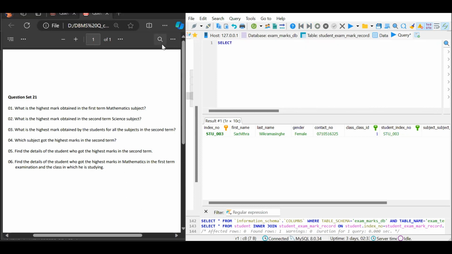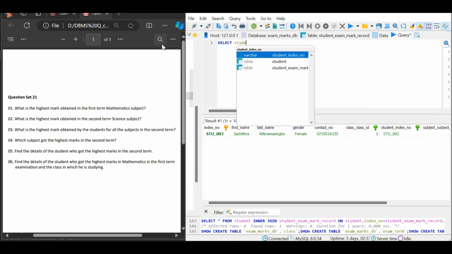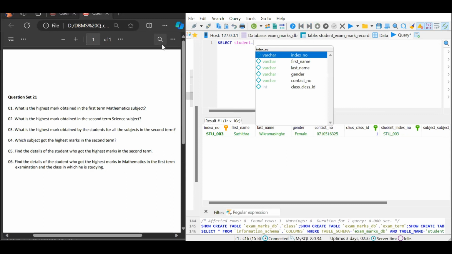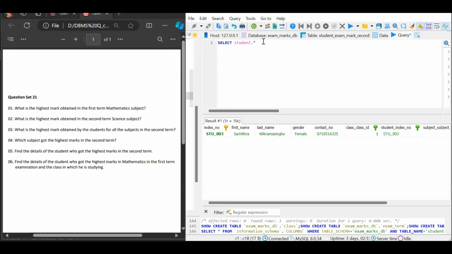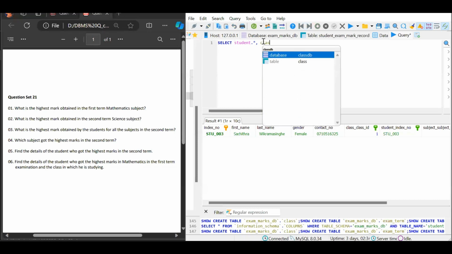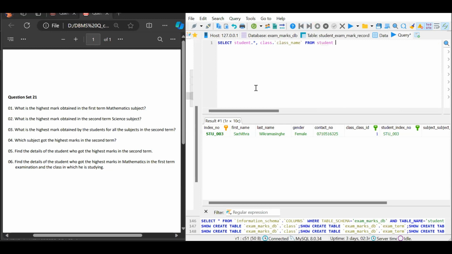select, then we give the table name as student here, as we have to get information from two tables. One table is student table, and then the class table, and then dot, and then here again the all, select student all data, we have to obtain all details of the student, and then use a comma, and then the class table dot, and then we need to obtain the class name, and then we use the from keyword here. We need to obtain information from the student table, and then we use an inner join here to join the class table,